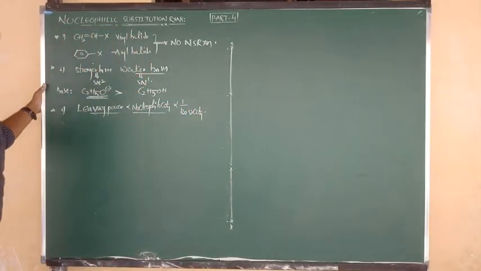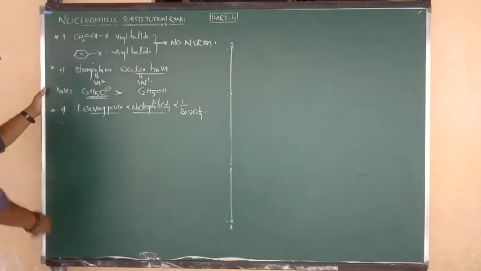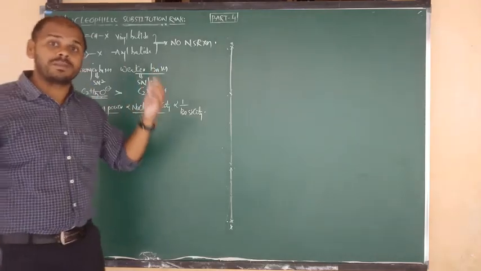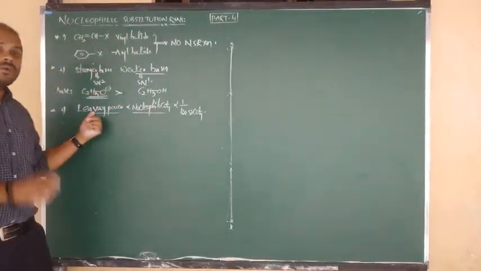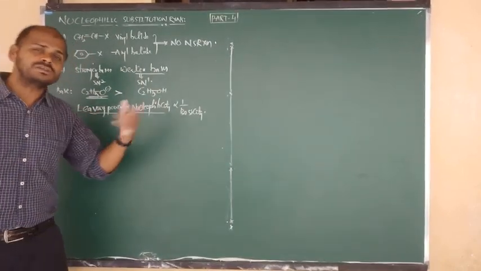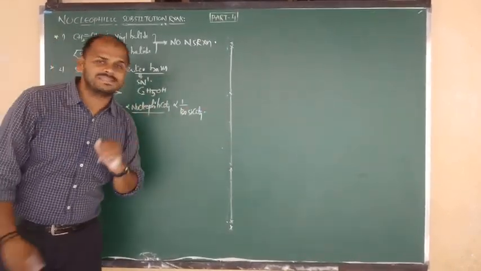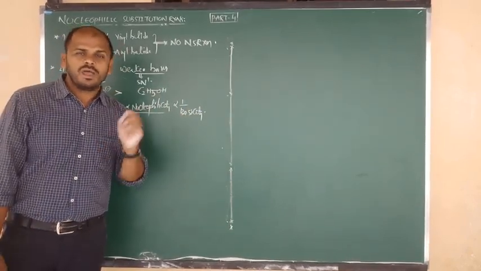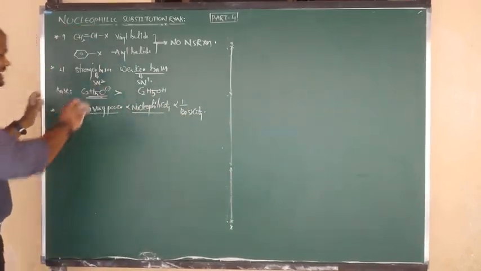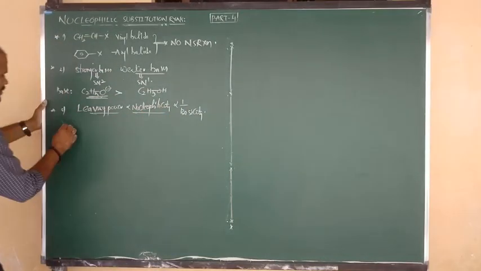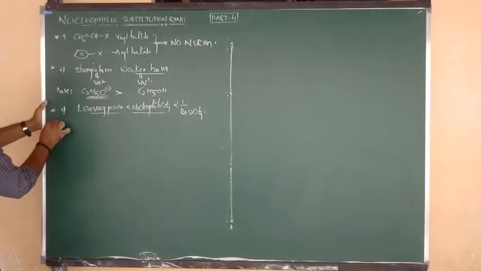Both remain inversely proportional to basicity. Right, they will ask you, so many questions are repeated in previous exams. Among the following, which contains more leaving power, the best leaving nucleophile, which contains more nucleophilicity, and the order of basicity, like that they are going to ask you. I want to give you one example so you will understand easily.